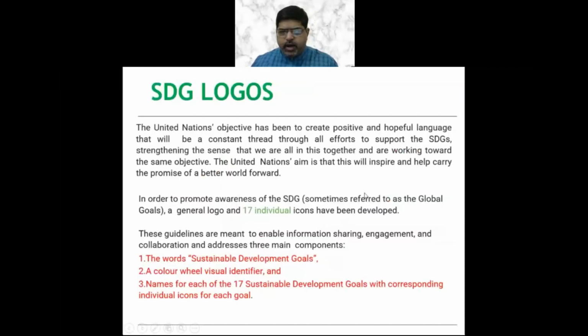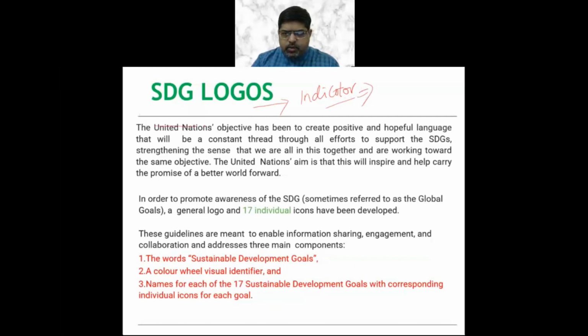Let us quickly talk about these SDG logos. Now, why are we talking about these SDG logos? First of all, we need to understand the logos play a vital role. There are certain indicators. These indicators are to be associated with their meaning. These indicators, according to the United Nations, have the